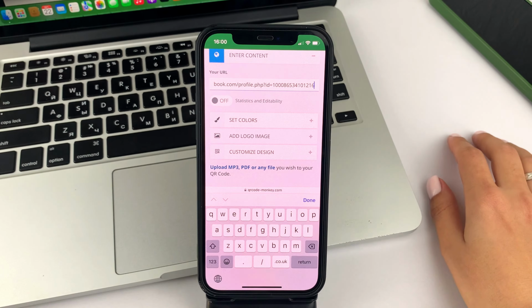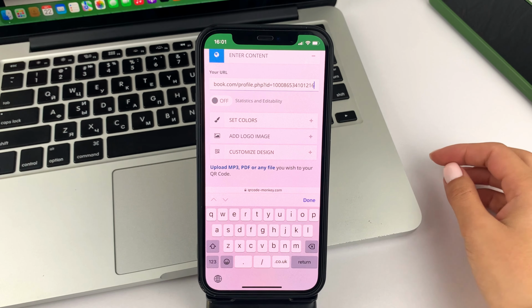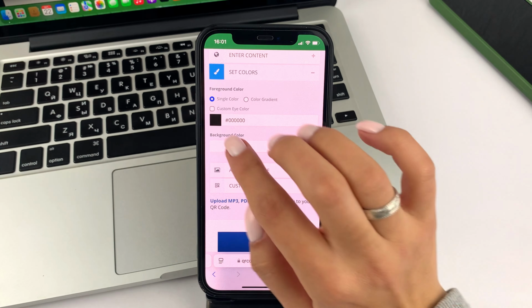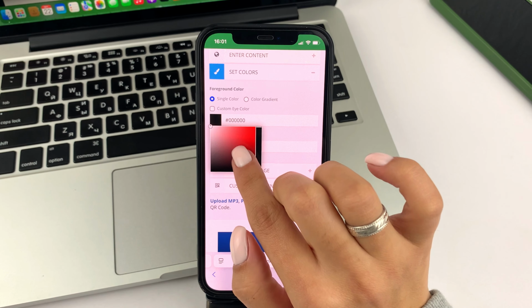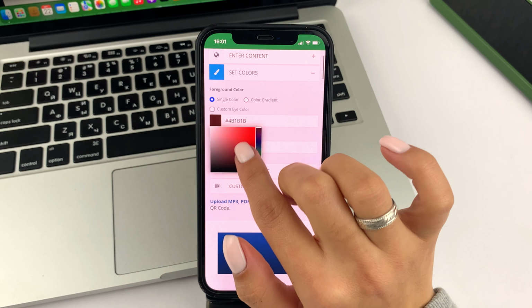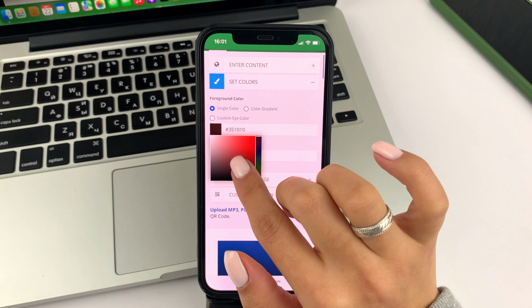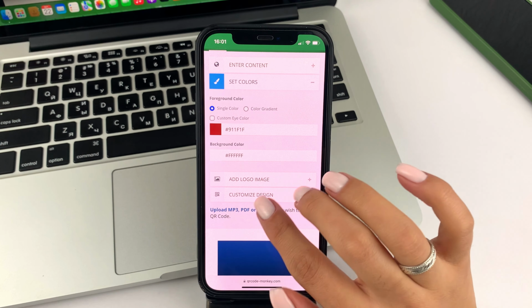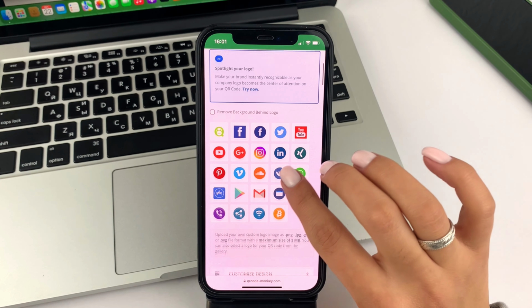And now, friends, you can go to the very appearance of your future QR code. To do this, you can click right here to choose, for example, the color of it. Click right here. And here you can choose the color, tone, and so on of your future QR code. After that, friends, you can also add a logo if you need.